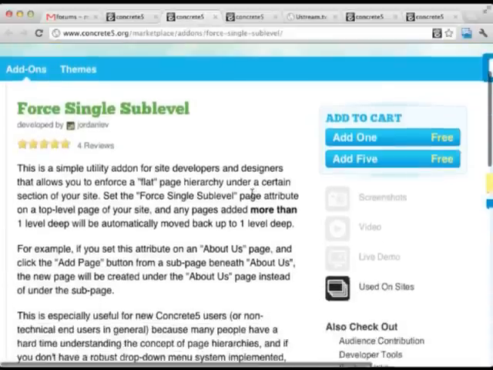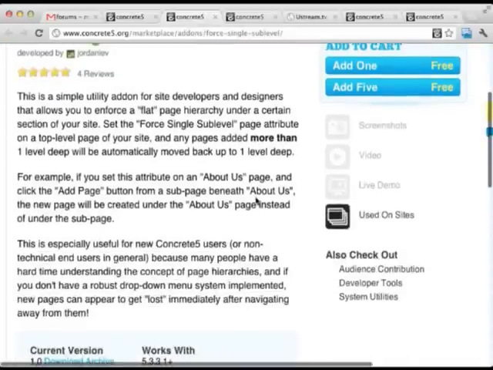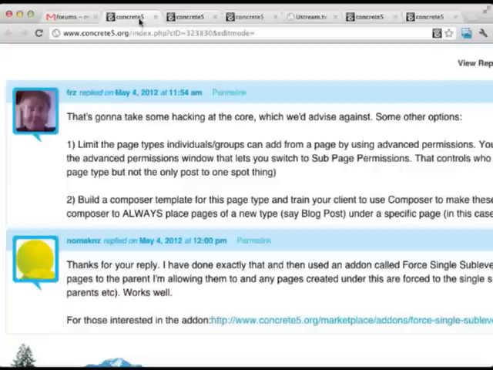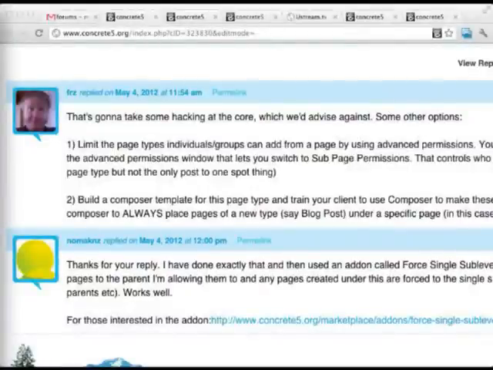What I feel like they're saying, and this is interesting, is it sounds like they have limited by permission to the area of the site so that it's forcing it to be added to a particular section of the site. And sometimes, we've dealt with this before, the client will add a page, and then on the page they've just added they will wish to add another page and they will add it, so it just keeps going downhill. And I believe the force single sublevel will combat that problem. That's what it looks like to me too.